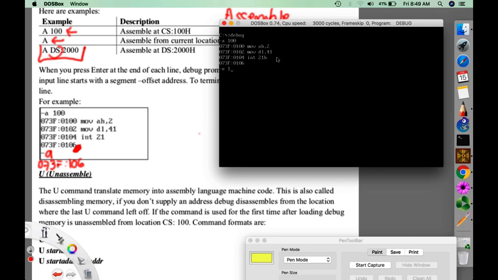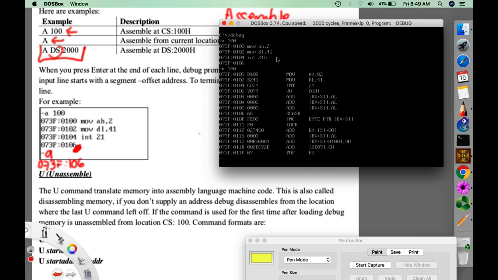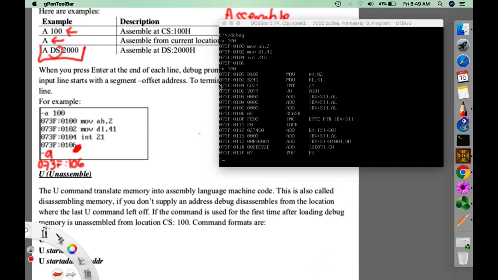So we have here unassemble memory location 100. As you can see, it shows you the given program. Move AH,2 is 2 bytes. This is the first byte, second byte. This is memory location 100, this is memory location 101.